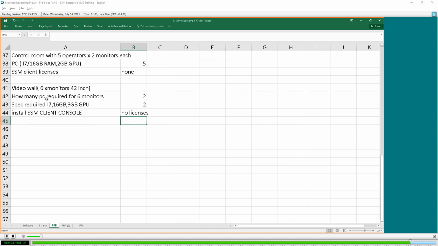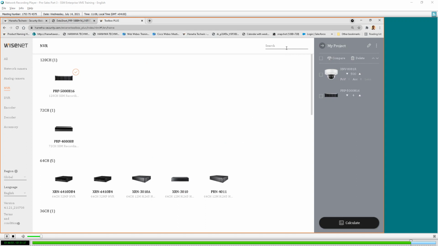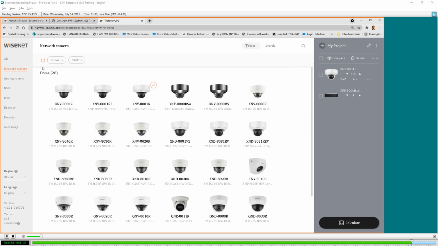Okay, now let's take one more project: 1000 cameras without PRP and using an HP or Dell server. Okay, go back to toolbox. For the 1000 cameras, how much bandwidth does it require? Let me take 2 megapixel.